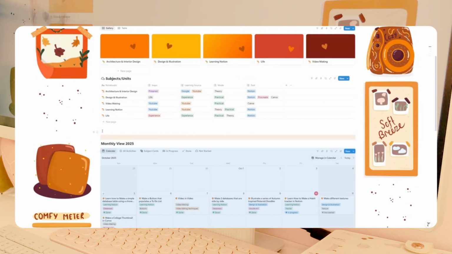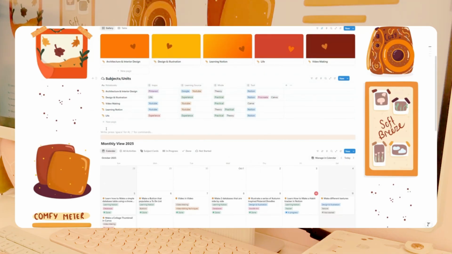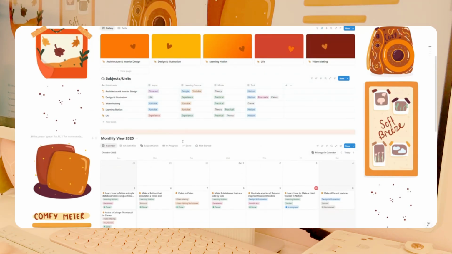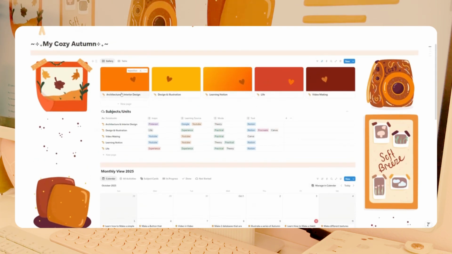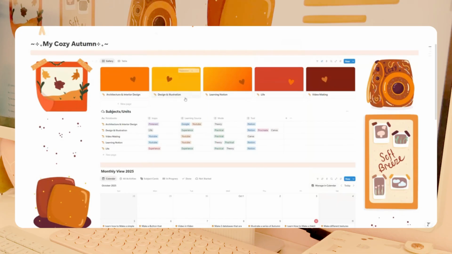So I'm going to make this in a way where you're going to be able to customize it to your liking. I've got here my pages, my icons, which I've customized to the autumn theme, and my tags. I'm moving those around a little bit just to see what works best. And I've got my mode at the front, theory, practical, and